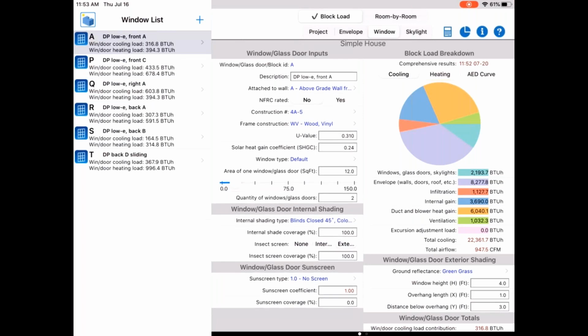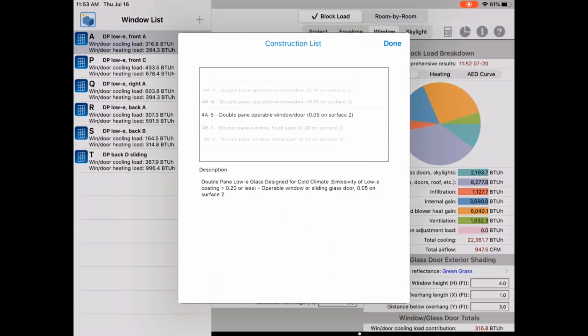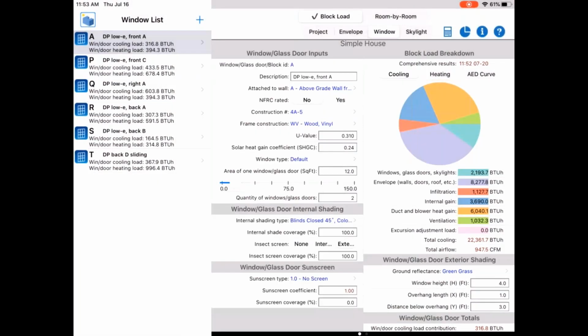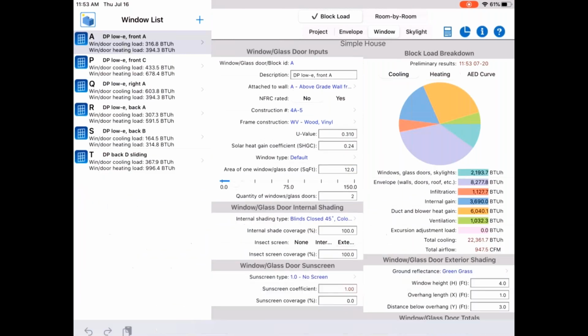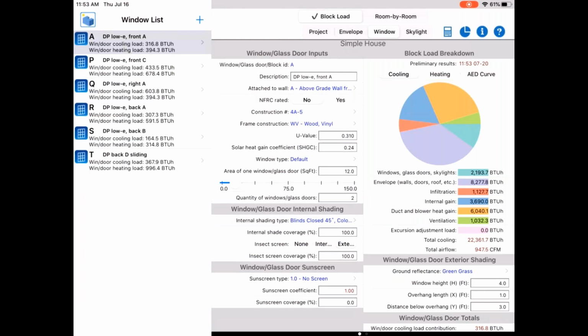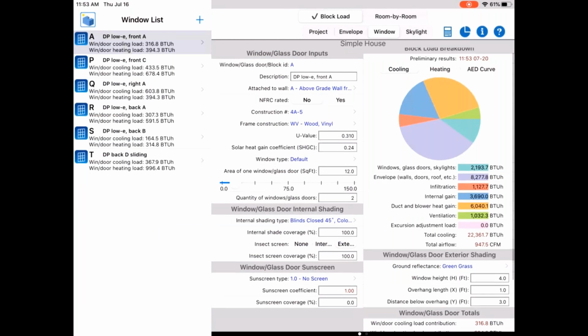They're a certain construction type, double pane window operable. It's got a low E coating on surface 2. It really doesn't matter what that is, because ultimately what matters is the U value and the solar heat gain. But I try to put something descriptive in, and each of those windows is 12 square feet, and there are 2 of them. So the only other comment would be down here in the lower right corner is where